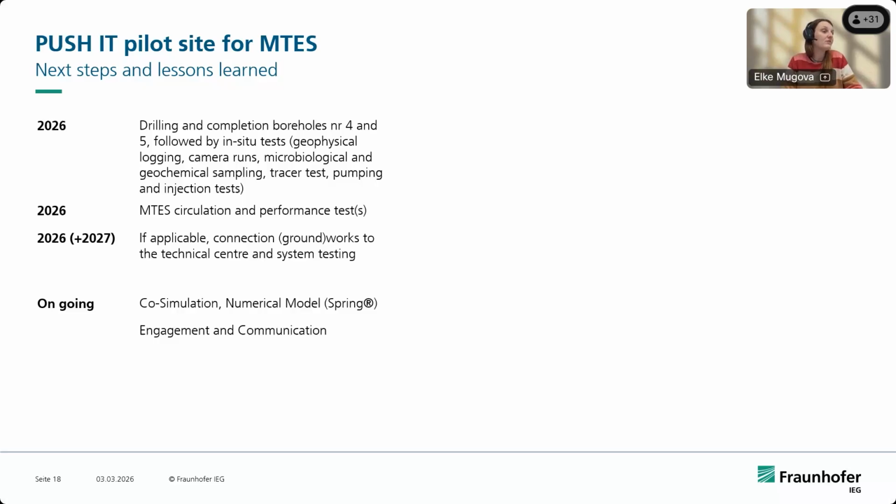Then this year we will soon start with circulation performance tests, and then hopefully end of this year or beginning next year we will connect the ground workings to the technical center, and we will test the entire MTIS system. What's ongoing work? We have co-simulation, so it's not only the field work and installing this pilot plant, but we also do co-simulation and numerical modeling. In our case, we use Spring for the hydraulic modeling, works very well for flooded underground mines. And as Gareth also said,